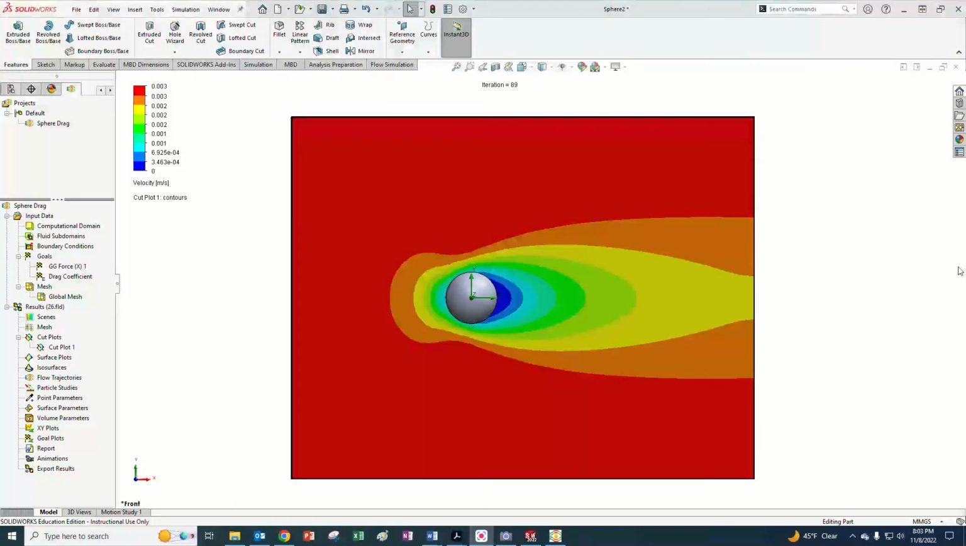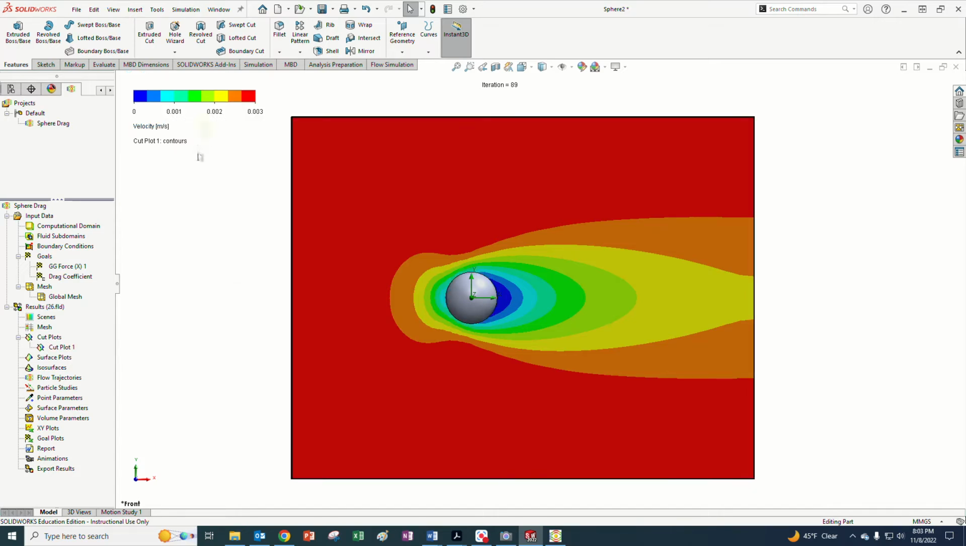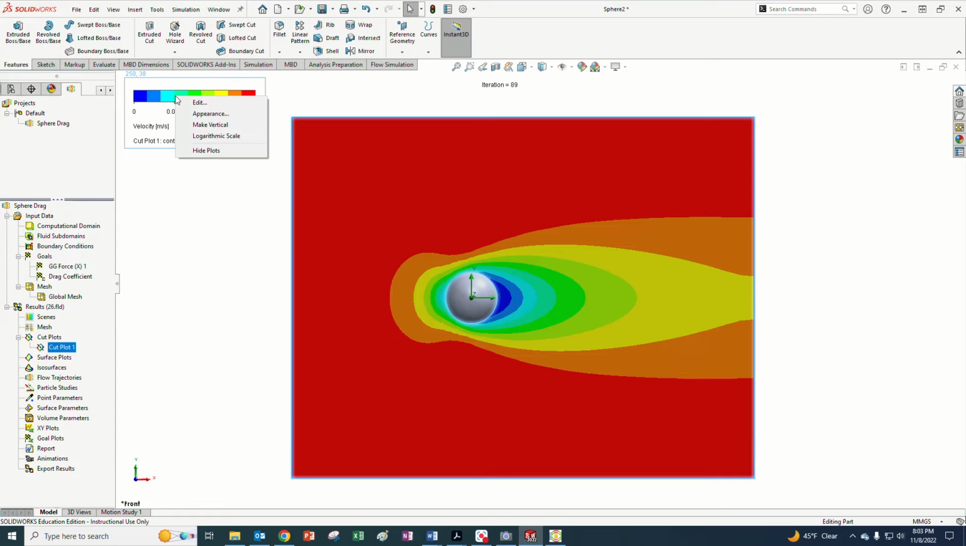I'll pause it. Okay, I think I figured it out. Yeah, if I can hover around it and get that, I can right-click it, and I can make it horizontal. I can stretch it out. Hover, there you go. I think you also go to appearance,